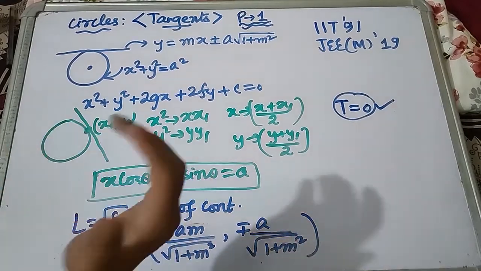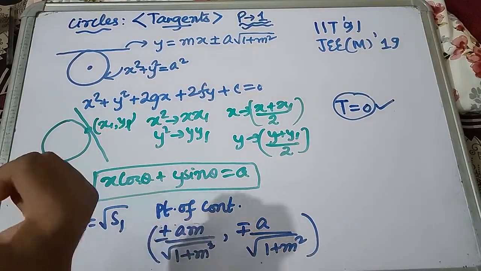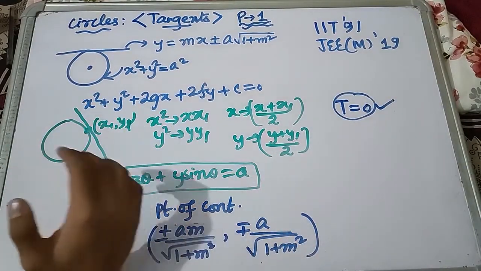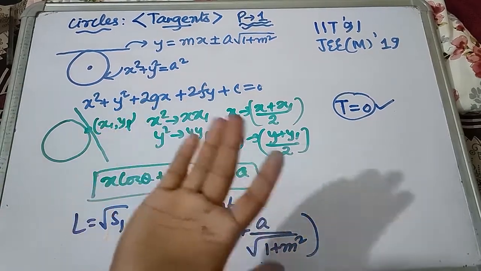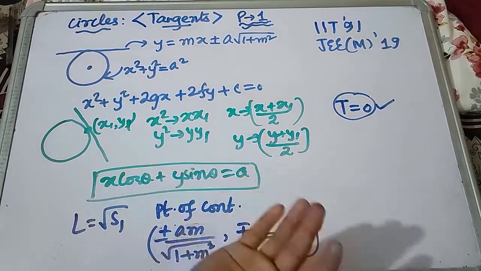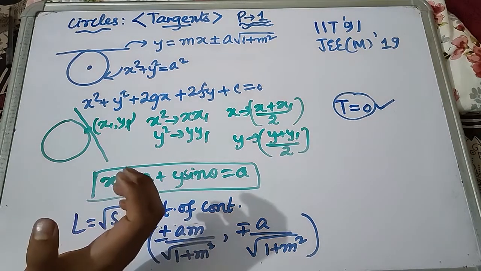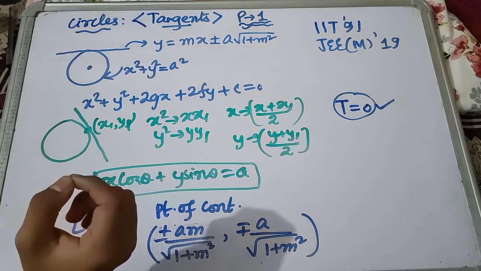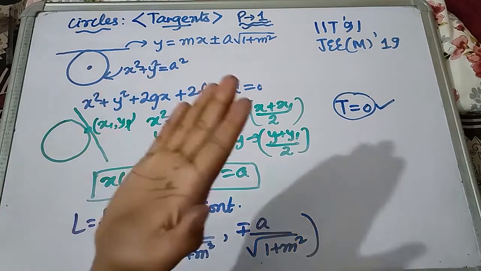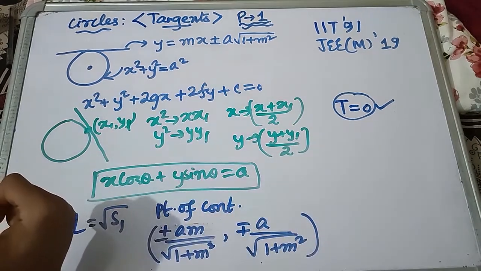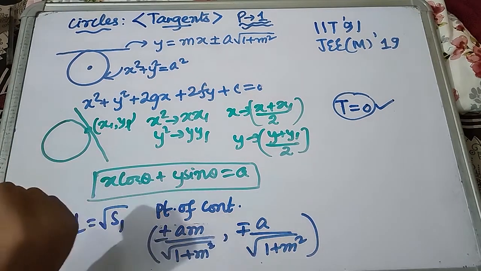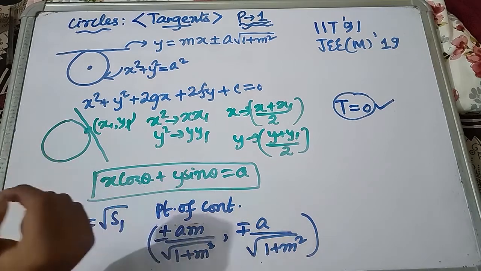So with that, we have completed part 1 of the series on tangents to circles. This is a short glimpse of what you already saw with the derivations. You can take a snapshot of this as a note, but I would recommend you watch the entire video and note it down with your own hands. Then you can remember it very nicely. I hope the previous year questions are also clear to you. And in the next part, we will cover tangents to parabolas, which will come soon after this video.